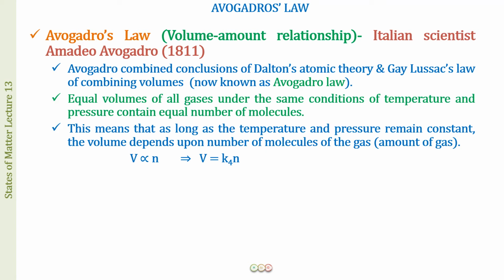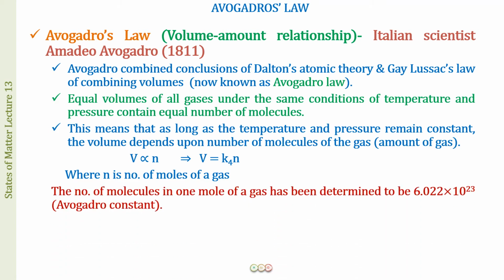So V is going to be equal to K4 into N, and N is the number of moles of the gas. So already you have learned in the three laws that we are saying that the amount of the gas, we are going to specify the number of moles of the gas. Now why do we do that? Well, we do that because you all know that the size of the molecules is very small. So you cannot keep on counting the number of the molecules that are going to be related to the volume. So in everyday life, what we require is something that we can quickly measure. And what we can quickly measure is the mole.